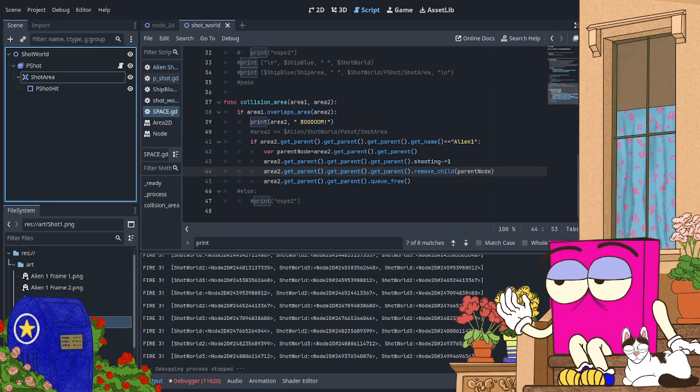Okay, both windows are showing the same thing. Oh, not bad. Not bad. So, to recap what I did today: the enemy ship can now shoot.